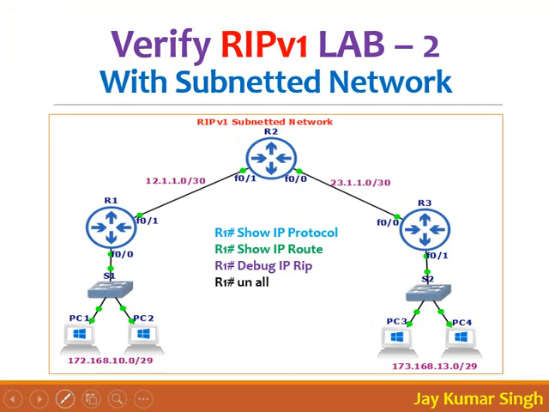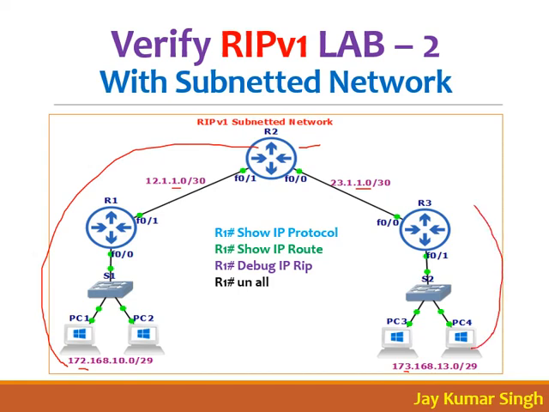See, when I configured this network with this subnetted, here 172, 173, the communication was okay. Why was communication okay? Now see, R1 is sending update as 172.16.0.0/16, no problem. R3 was sending 173. So 172 received from R1 and 173 received from R3. So he was exchanging, okay, you go here and you go here, no problem, because the update was different. So whenever the updates are different, they will exchange between them.